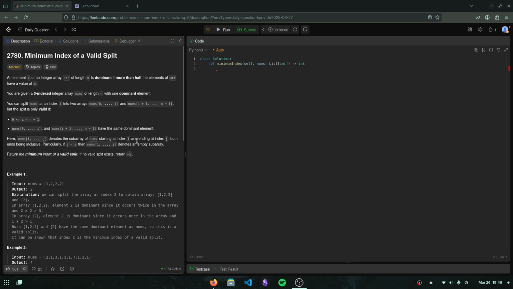This is LeetCode 2780, minimum index of a valid split. An element x of an integer array of length m is dominant if more than half the elements of the array have a value of x. You are given a zero-indexed integer array nums of length n with one dominant element. You can split nums at an index i into two arrays. Okay, split over. But the split is only valid if